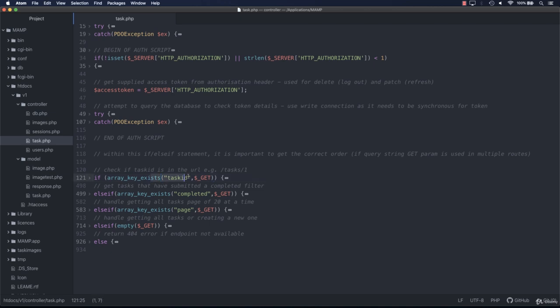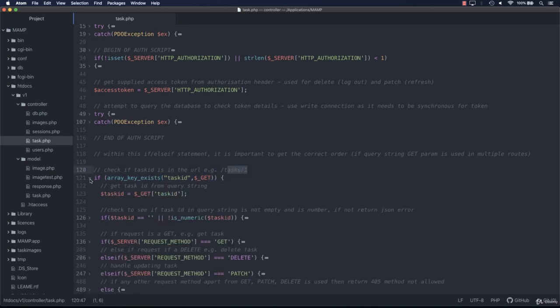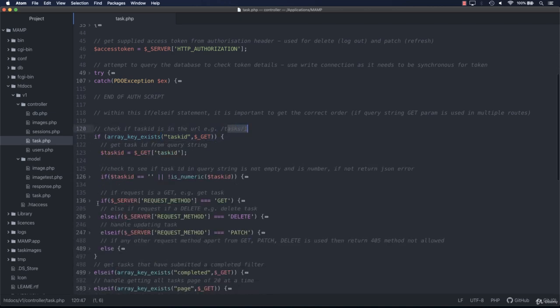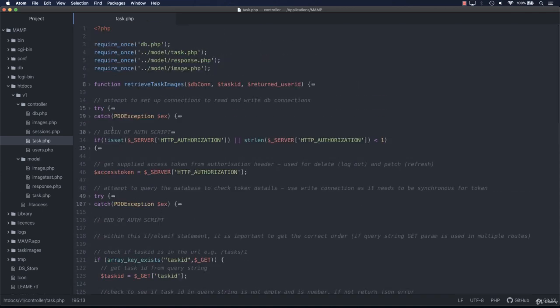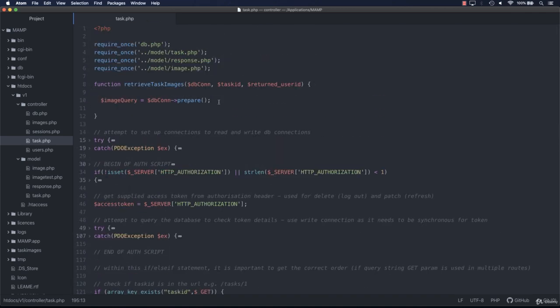So if we go into the given task, so task ID, and then if we go to the get, you can see the try and catches here. Now we're currently catching task exception and PDO exception, but we will need to add a further catch block in here to catch an image exception. But first of all, what we'll do is we'll implement this function, so image query, and then we'll pass in